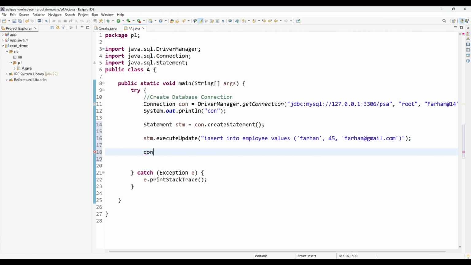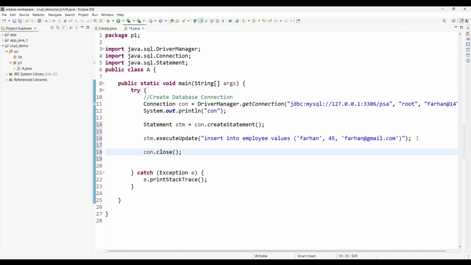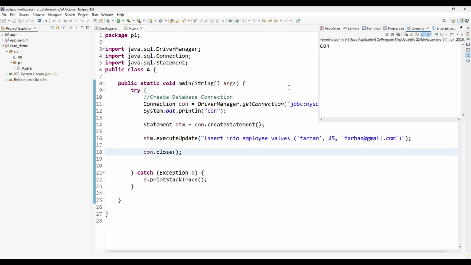Step 4. Close database connection. Finally, we close the connection, con.close(). Closing the connection is very important because it releases database resources and improves application performance. Now let's run the program. After running successfully,